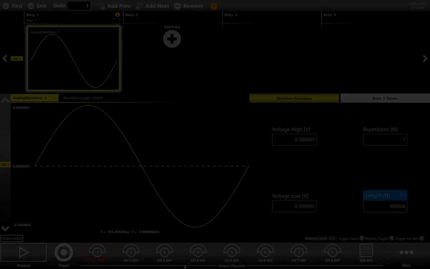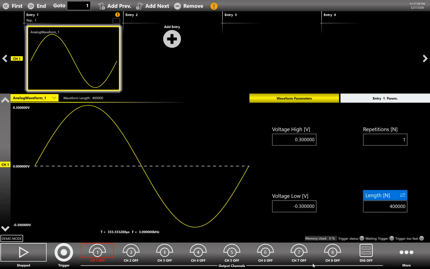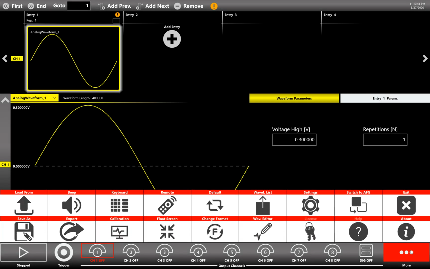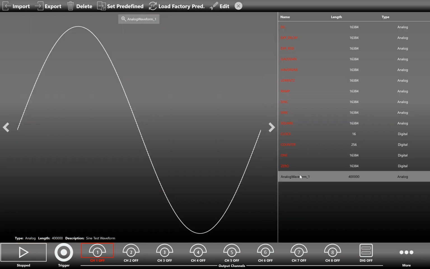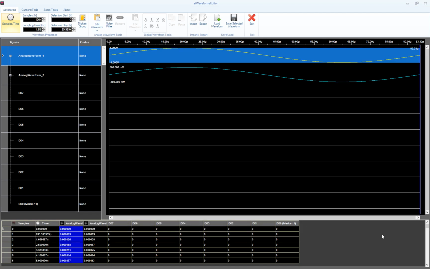The second way to open the Waveform Editor is from the Waveform List page. Select on the list the waveform you need to edit and click the Edit button. The Waveform Editor will open. Starting from this basic waveform, we are going to create a more complex one, that is what we call as